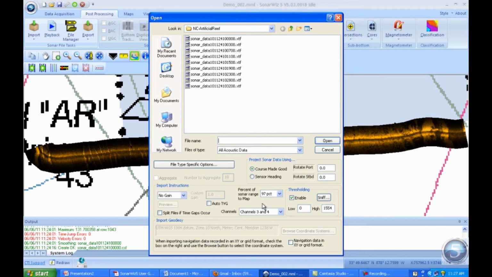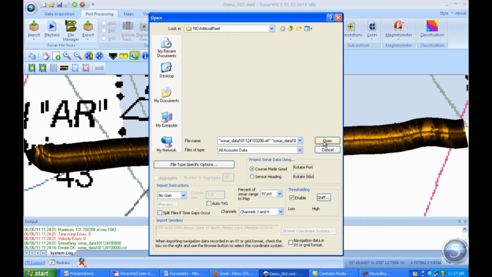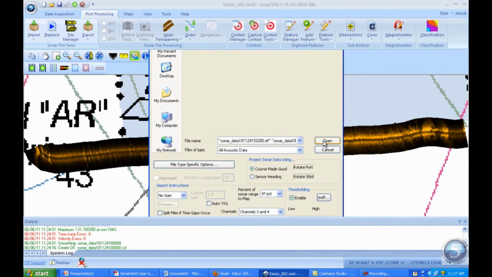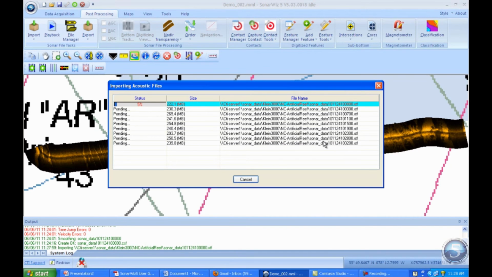So as you can see, I've got my 97% is still selected, channels 3 and 4. My dynamic range is still set, coordinate system still good. So I'll just go ahead and I'll select all of these just to make sure everything is imported in the same way. I'll click open, and we'll begin the import process for the rest of this data. We'll see the progress bar. There we go. Progress box will pop up,